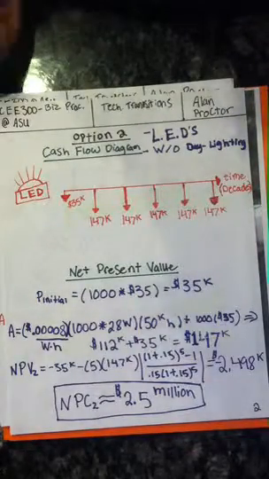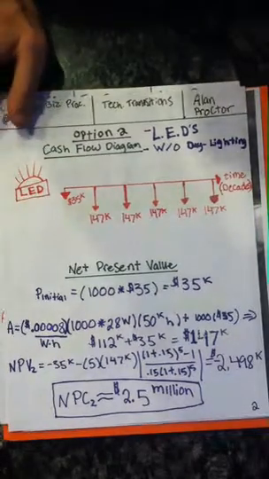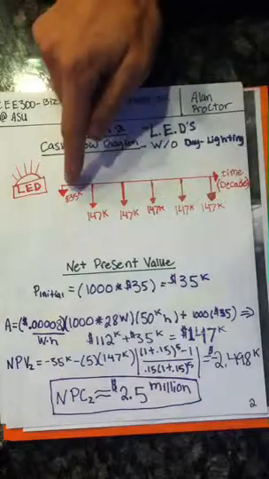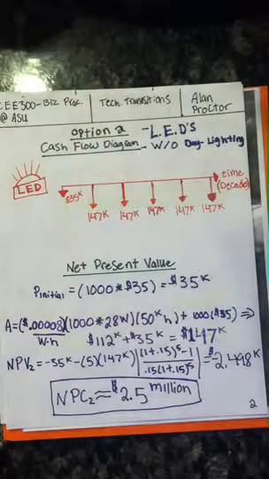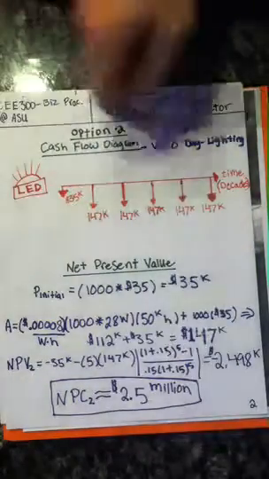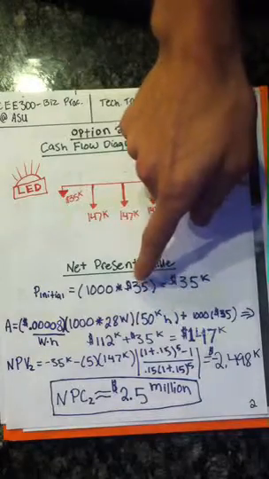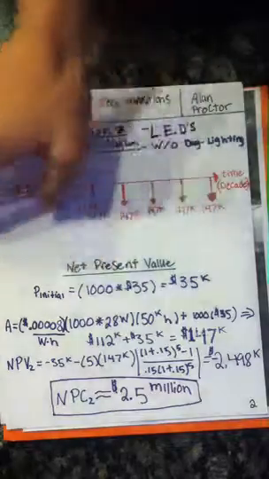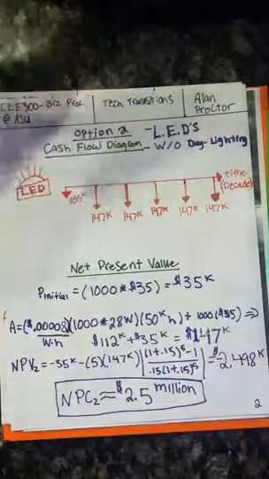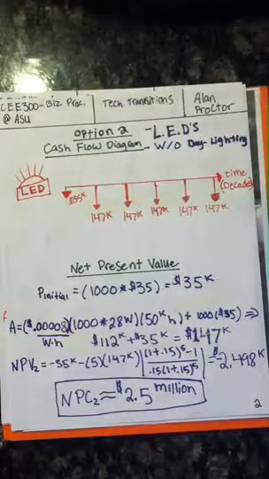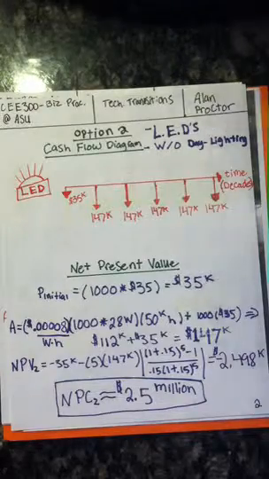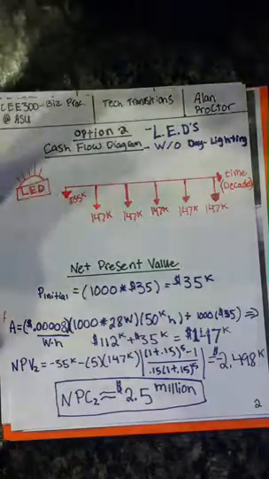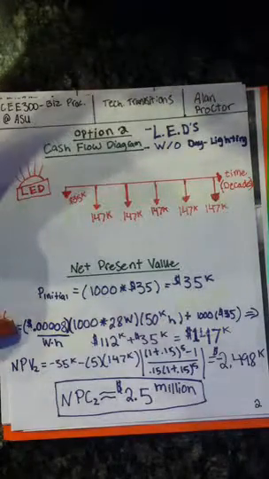Now, how will the second option play out? It is not as bad on the future cost, but we have here a little initial investment, which is estimated as $35 per LED light bulb, and we're going to replace all of them. Since we said they're all CFLs, we're going to have to replace all 1,000 light bulbs. So that's how much that's going to cost, about $35K initial investment. And then the recurring payment is